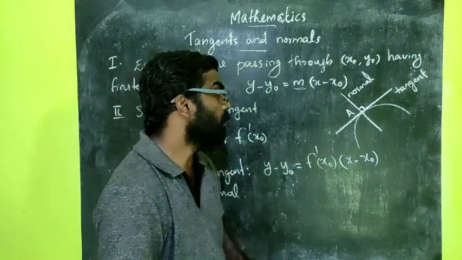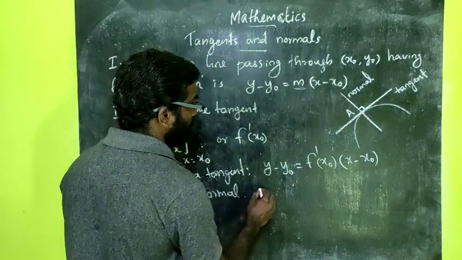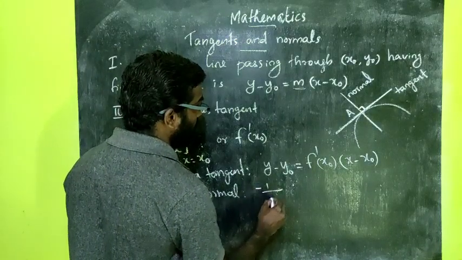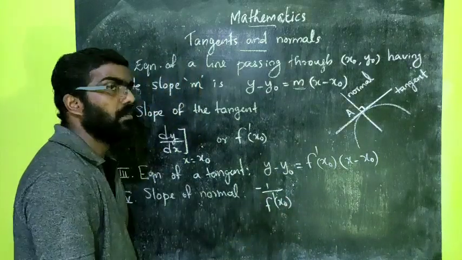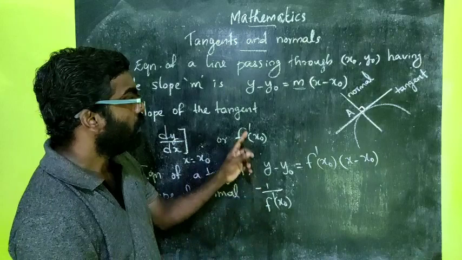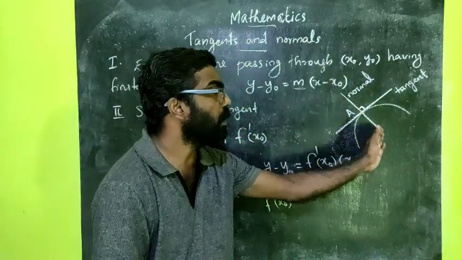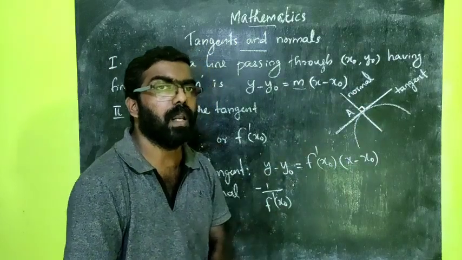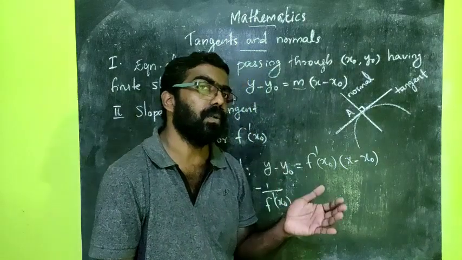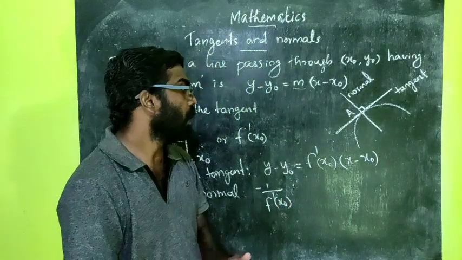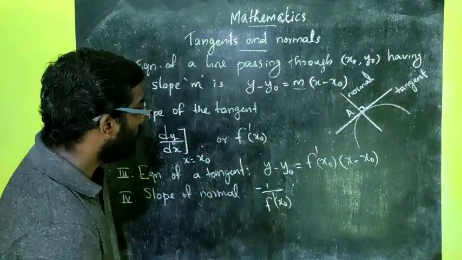Clear? So while writing the slope of normal, we can use this result. It becomes minus 1 by f dash of x0, since these two lines are perpendicular. The tangent line is perpendicular to the normal line. So the condition is m1 into m2 equal to minus 1, or m2 equal to minus 1 by m1. Here the slope of the first line is f dash of x0, so we take the negative reciprocal. And the last one is